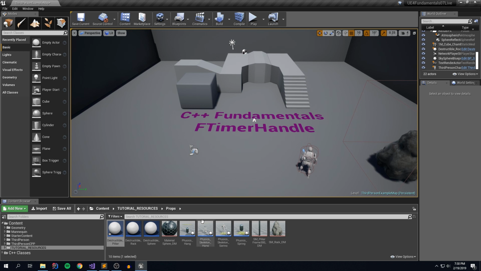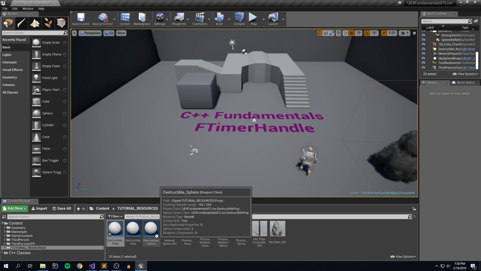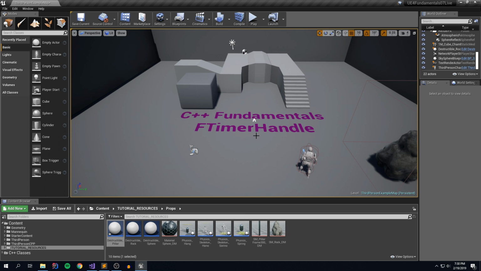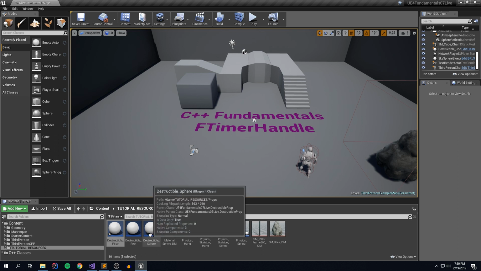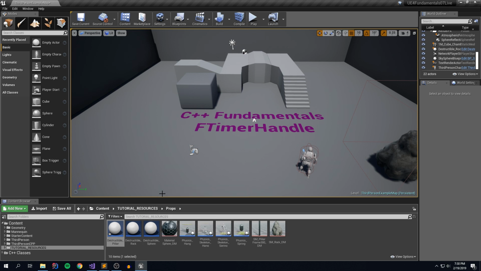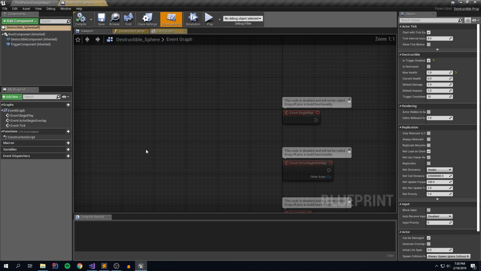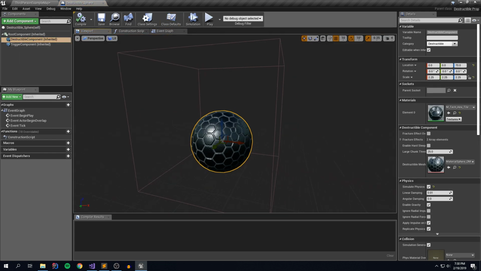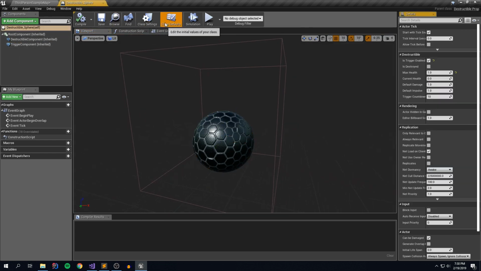Now let's go ahead and actually add in a few more props to make sure they're working as expected as well, because they're all referencing our destructible prop as a base class. All of these changes should just be automatically inherited. So let's take a look at our sphere. And there's our ball. I just want to make sure damage and all that stuff is set correctly. Now the max health I'm just going to set to 1, just because I don't need to demonstrate the actual impacts that our player does on this,